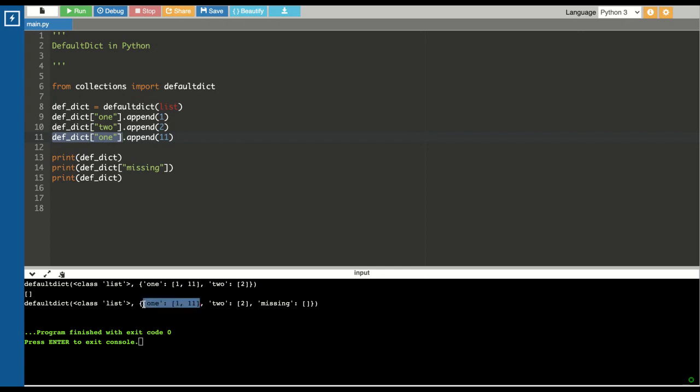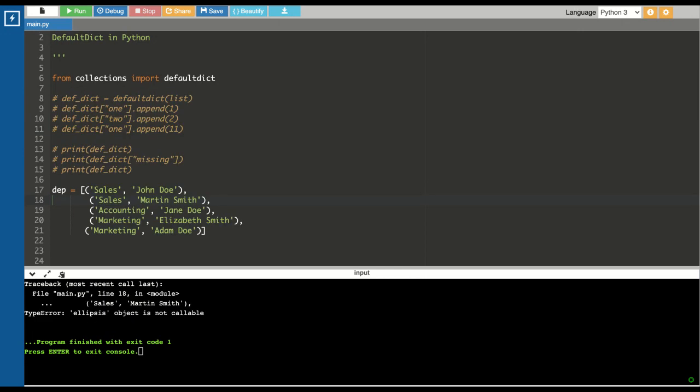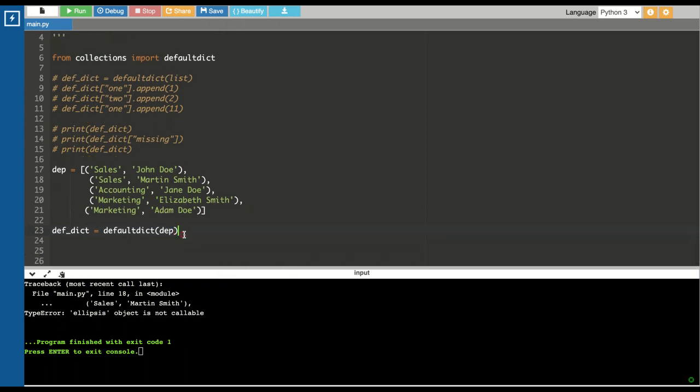We can also use this dictionary to find the number of elements. Let me show you how. Let's say we have the following list. We will try to create a defaultdict with the elements of this list. Now we will print that so that you can see what is present in the dictionary.